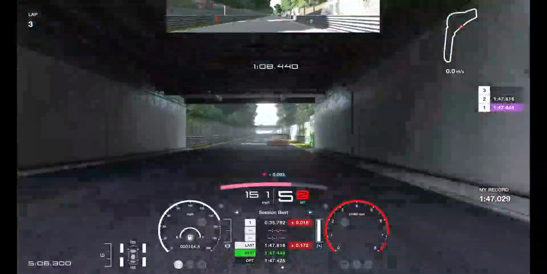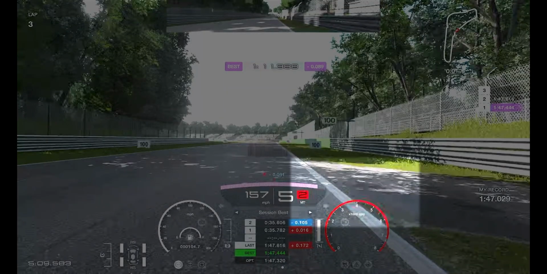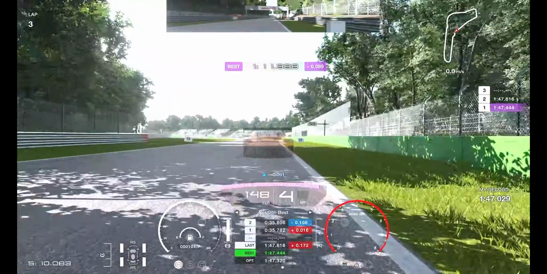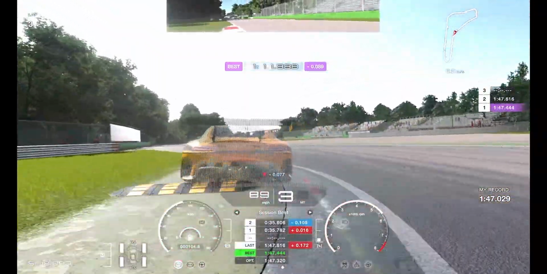Now, as you bring it over to the right hand side for this triple chicane or the S's, the next braking marker is this patch of tarmac. I want you to aim to brake exactly on that point. Brake in a straight line, then trail brake again, just under 90 mile an hour,